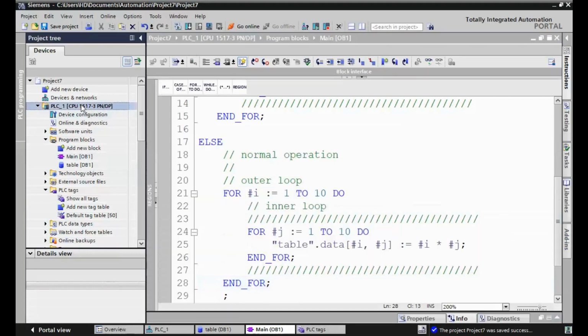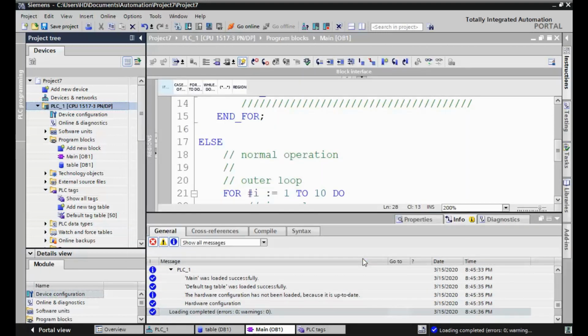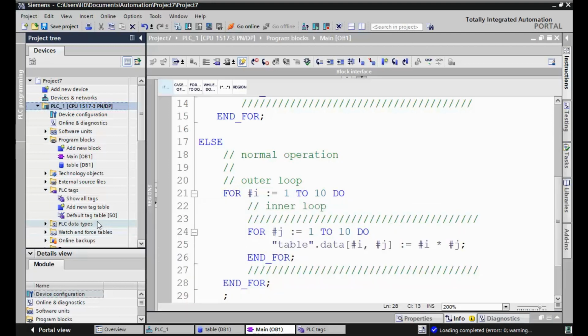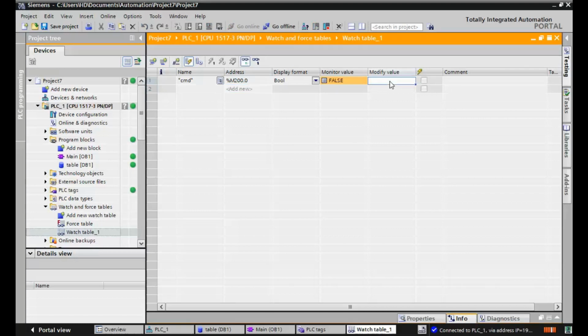Apply the changes to test. Reset all cell elements by activation of the command signal.